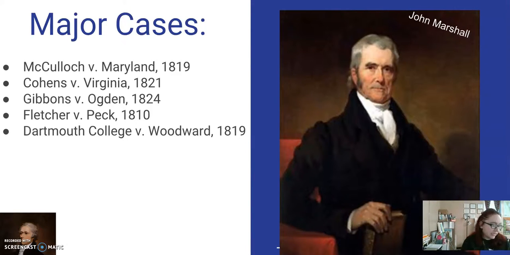Maryland. That's 1819. And it really settles in and establishes firmly that the loose construction of the Constitution is a legal precedent. It's something that the court can utilize. So just to remember, that is relying on the elastic clause. Anything that's for the good of the nation can be found or read into the Constitution. This loose construction concept is still a